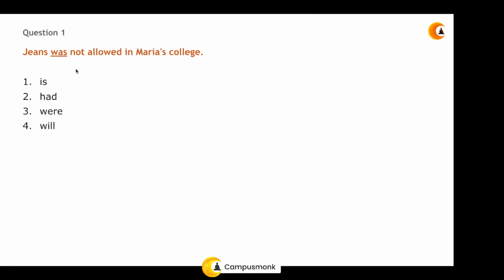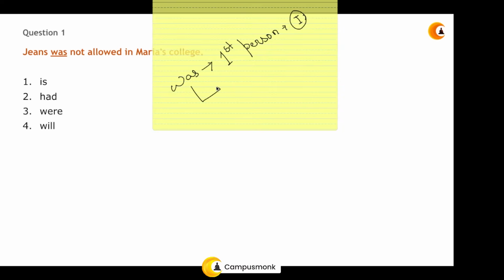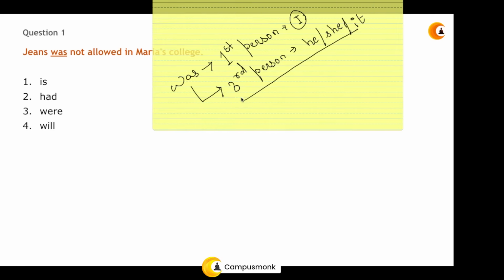If you look at the statement, it says jeans was not allowed in Maria's college. Now where is was used? Was is always used in first person. First person is always I. I am the first person. And where else is it used? It is used in third person. Third person is he or she or it. So always remember, was is used as a first person, that is I, and in third person, that is